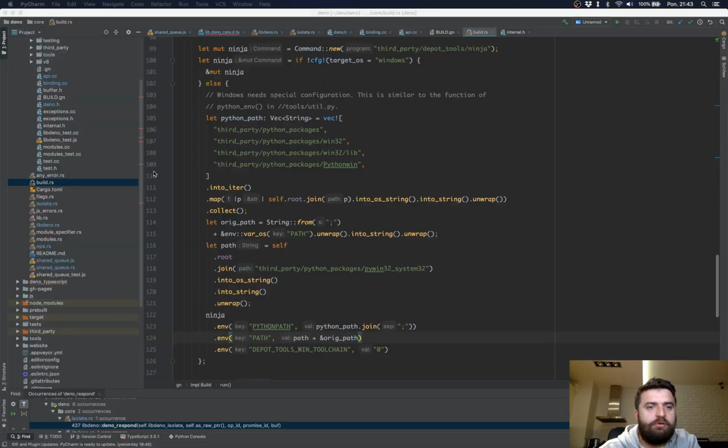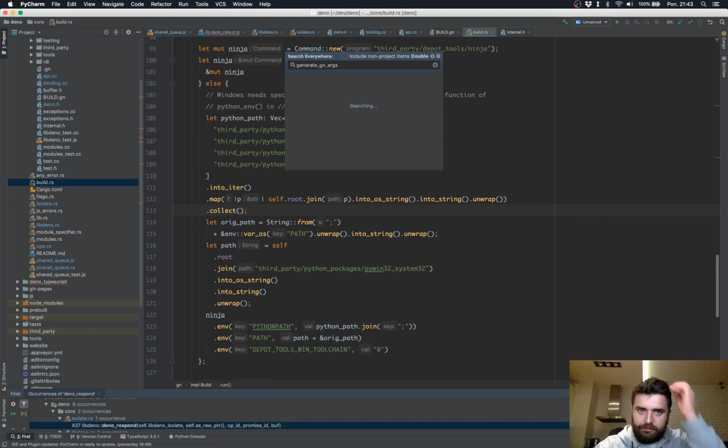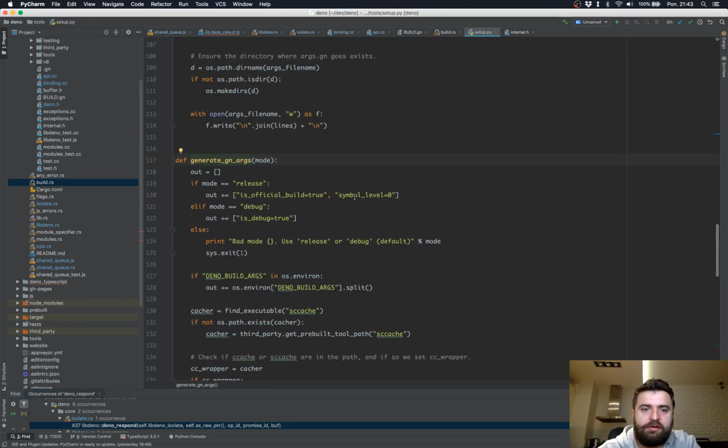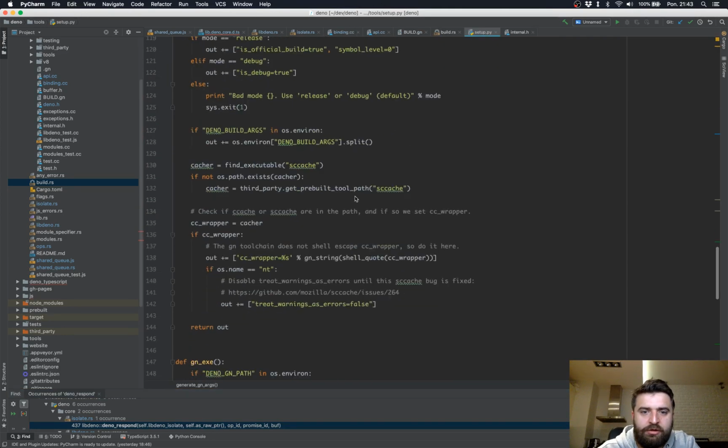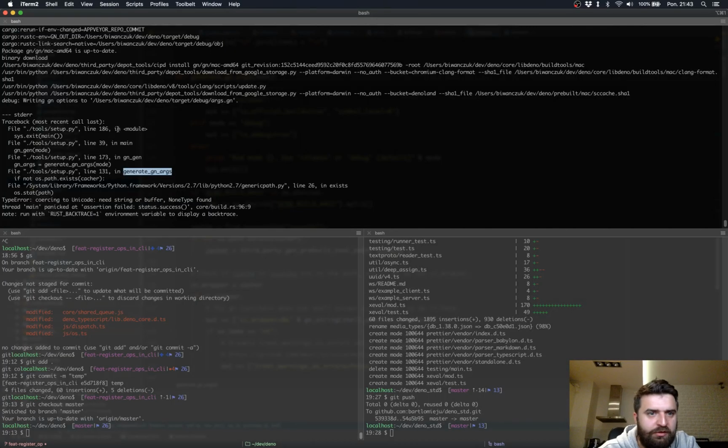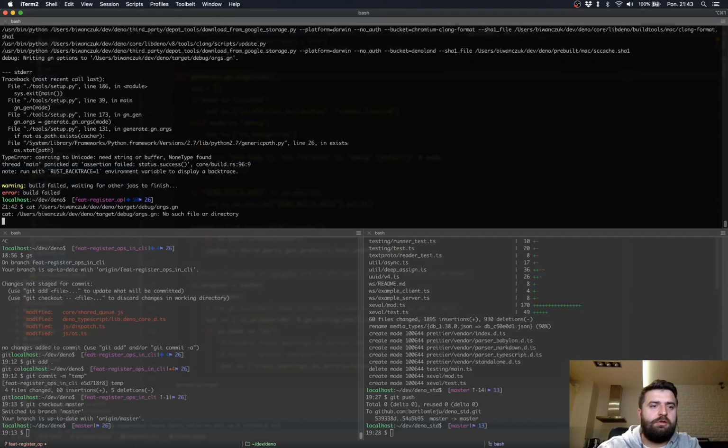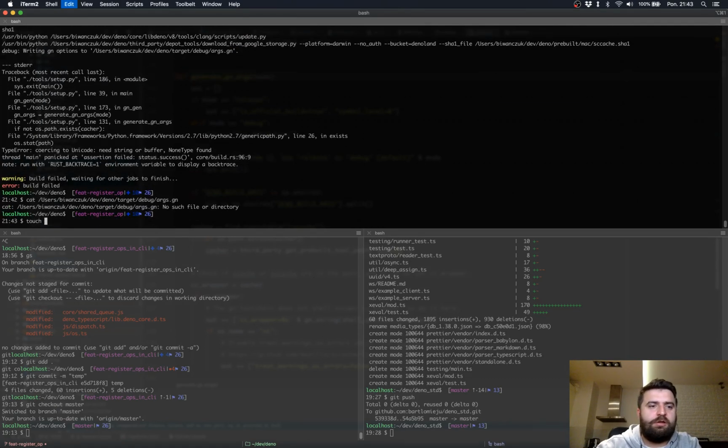Okay, generate gn args. I think it might not like the fact that the gn args does not exist. Yeah, let's just see if this file exists. Cat, and if I touch it,